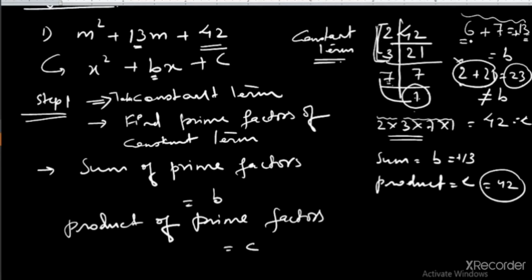So we have to arrange. You have to think about how to arrange it. You have to find the way to arrange it in such a way that the sum should be equal to this middle portion, that B. If you arrange like this, suppose you take 2 into 7 together, it is giving you 14. And if you take 3 into 1, you are getting 3.